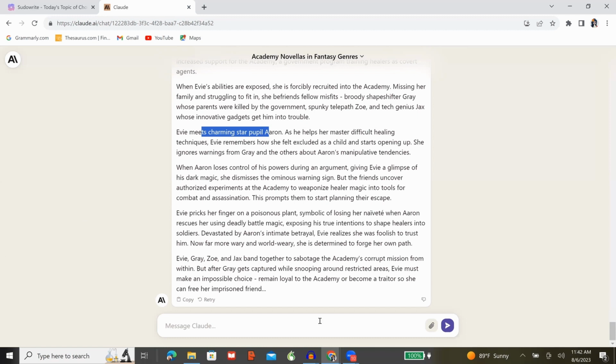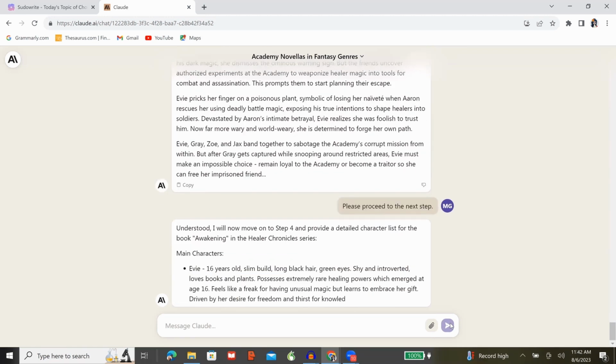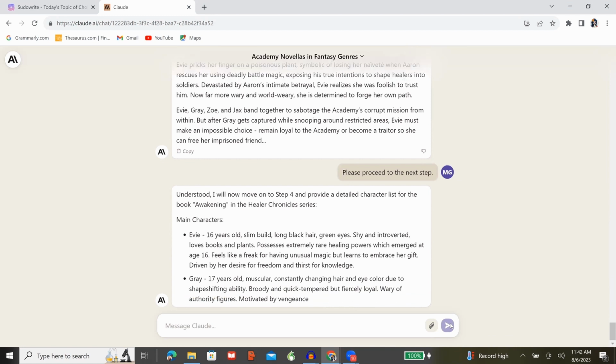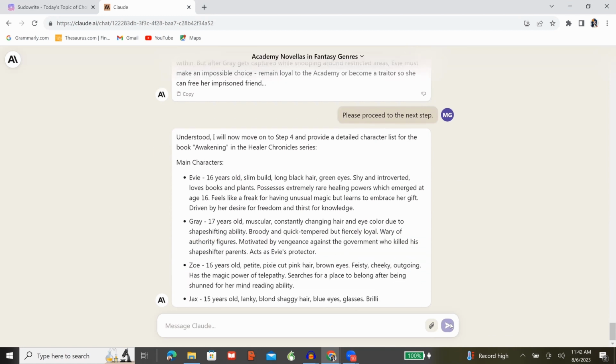So let's go ahead and see what Claude will do with the next step. So I've just asked him to proceed to the next step. So let's see if it keeps the order of the steps that we're flowing through. It has kept track of the steps that we're in. Even with all the back and forth that we have done, it is still holding on to my file,